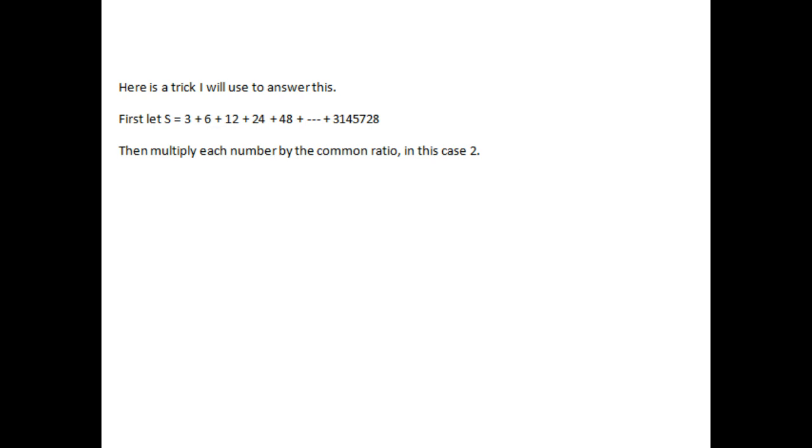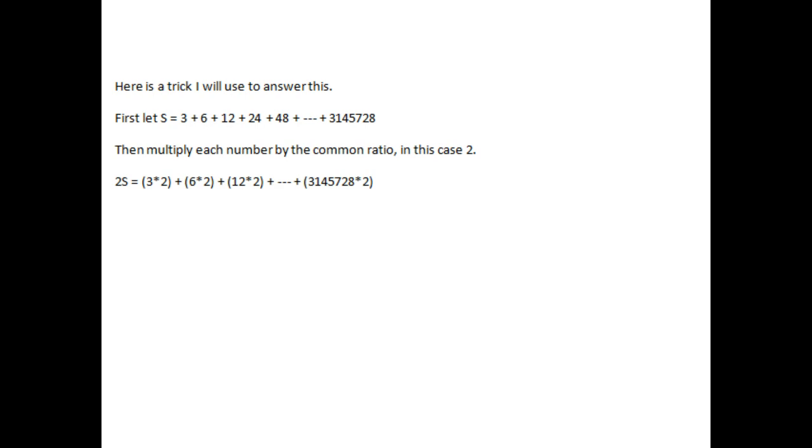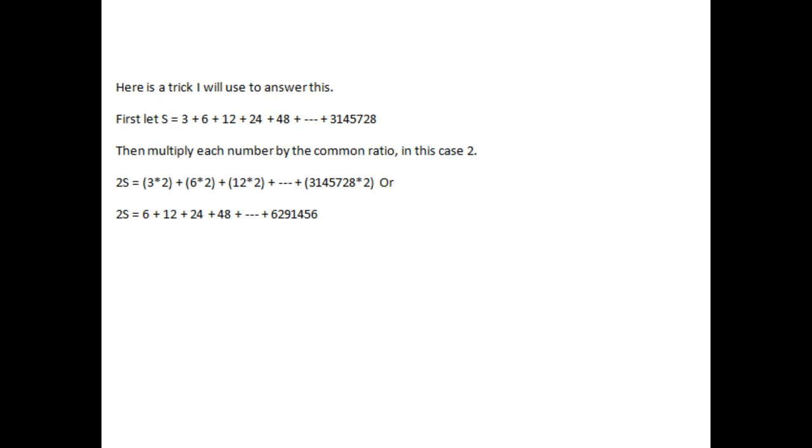So I'm going to multiply each of those terms by 2. So that will be 3 times 2, plus 6 times 2, plus 12 times 2, plus 24 times 2, and so on, all the way up to 3,145,728 times 2. Doing this arithmetic, I get 2S equals 6 plus 12 plus 24 plus 48 and so on,